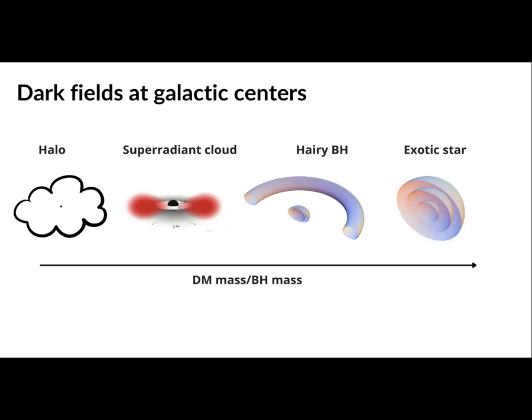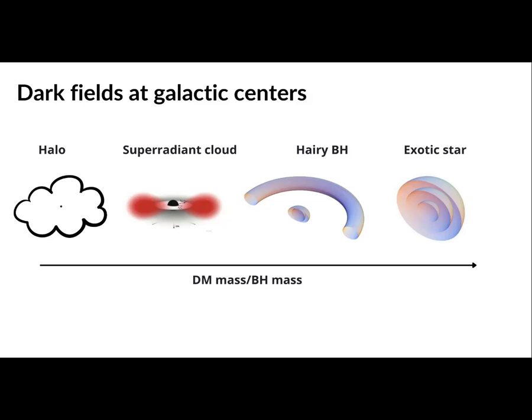So one case is that the halo of dark matter is very diluted, and the black hole is very small. Then if the black hole is very small compared to the Compton wavelength of the particles, probably there will be almost no interaction between them. But in case the wavelength of the particles starts to be comparable with the event horizon of the black hole, then we start to have the phenomenon of superradiance, that has its own ways of being tested, as was nicely shown in the talk by Xiao Xue.